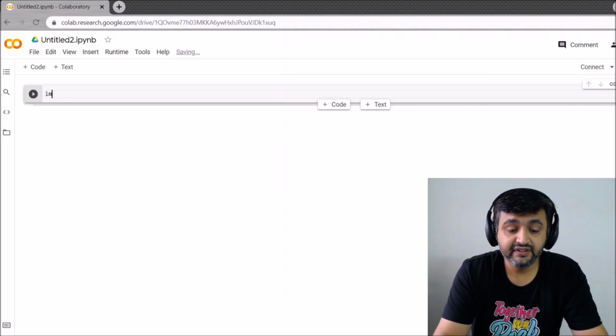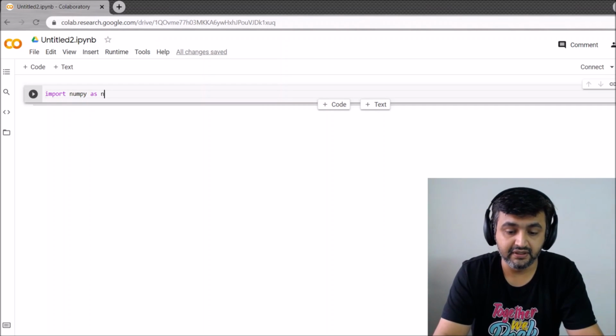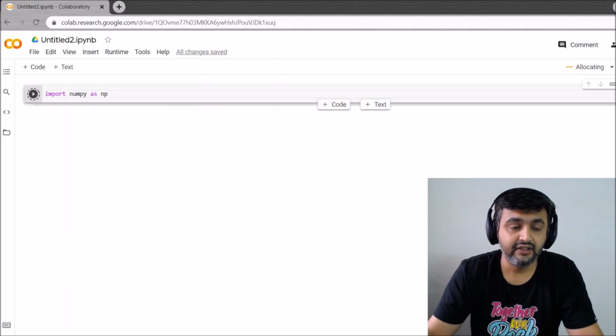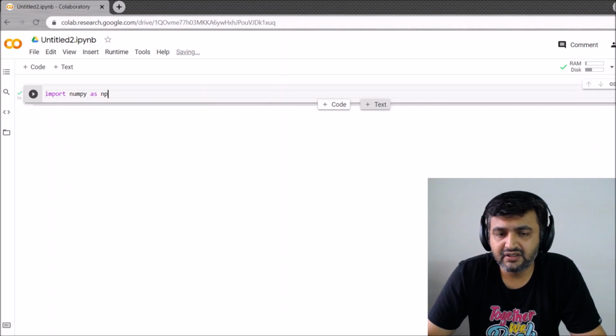Okay, so the first thing is we need to import the package. So import numpy as np. Okay, and then you can run this. Now if you want to run this, you can either click on this arrow which you see over here, or you can do control enter. So just now what I did was I simply did control enter. Yeah, so once we import this package, now once you come here, you can see code and text. So you can give a text as well.